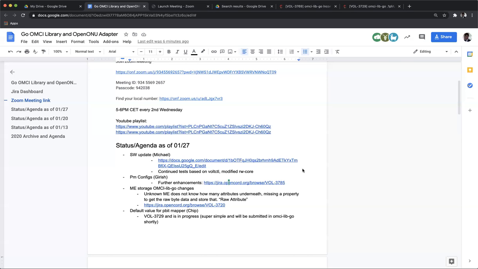And I guess the next question would be, how many people are using these RPCs? At the moment, effectively nobody. There was an initial POC of the download of the image and the upload of the image from Radisys. That was a while ago on the Python version.